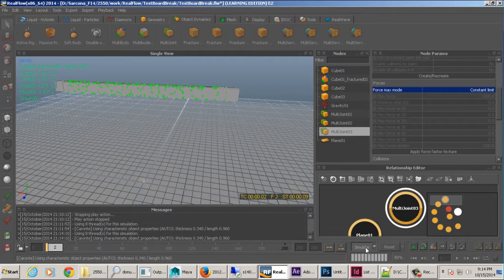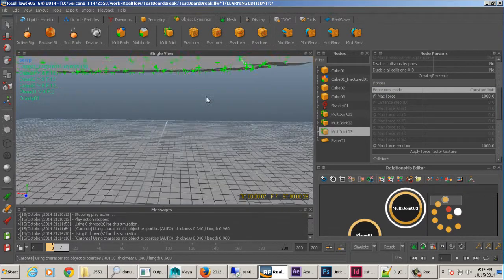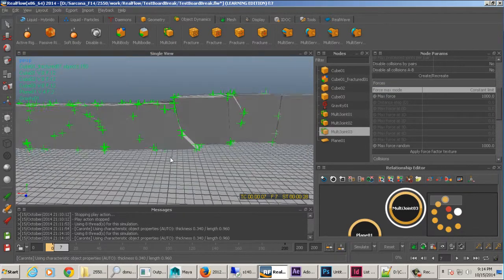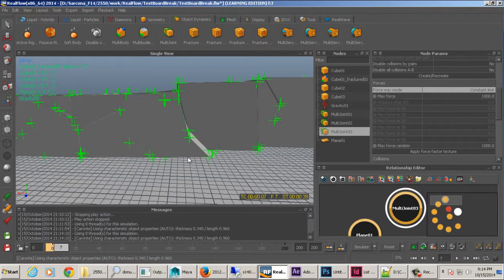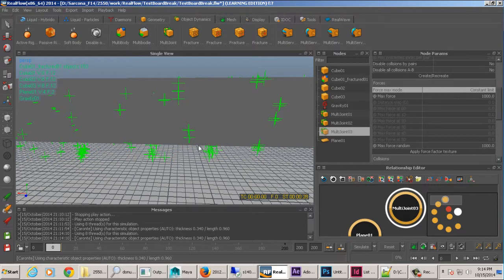A lot of this depends on your scene scale too. Right now this is set to 1,000. I've worked in scenes before where it's been up to like 140,000. And that's the only thing that holds that thing together. So far it looks like it's holding as far as this coloring. However, I can definitely see that it's broken apart. And if I scrub in here, you can see that it is breaking. I don't know why the color isn't adjusting, but it is breaking. So I'm going to take this up to